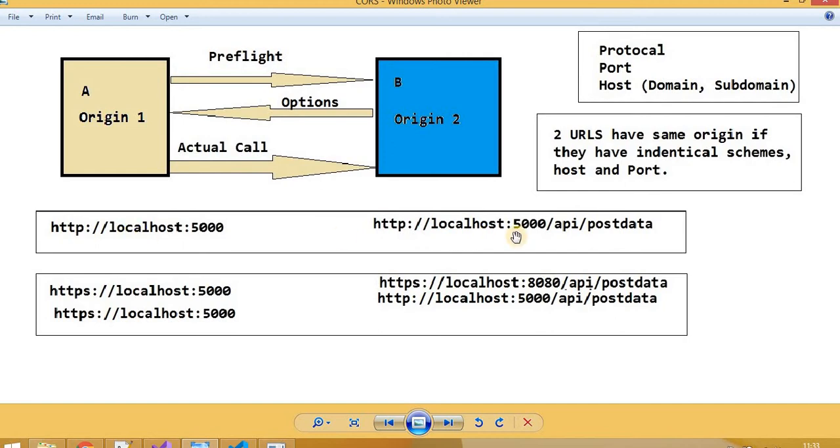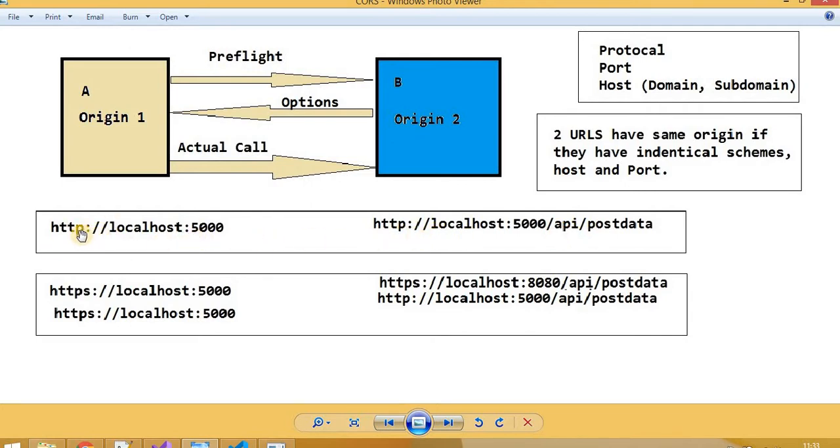Like here in the example, we have the HTTP localhost 5000, and this is the source, and this is the other source. Suppose this is origin A and this is origin B.